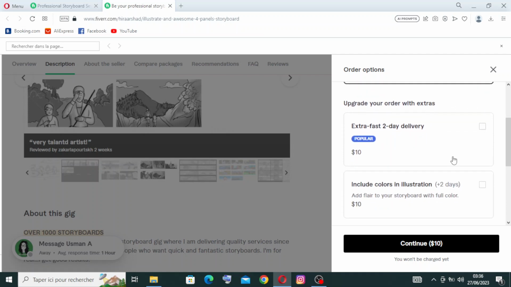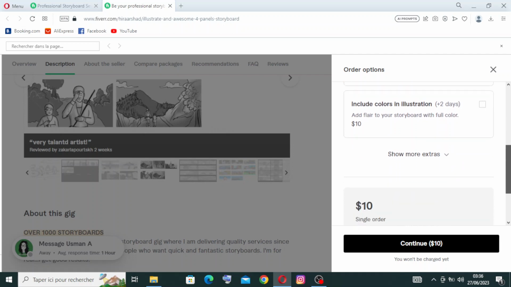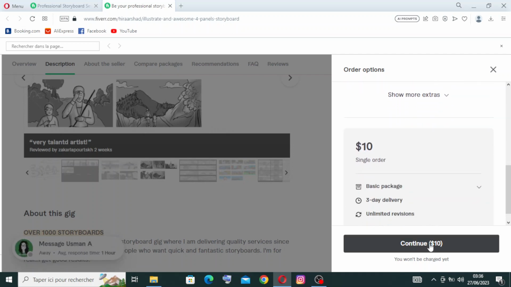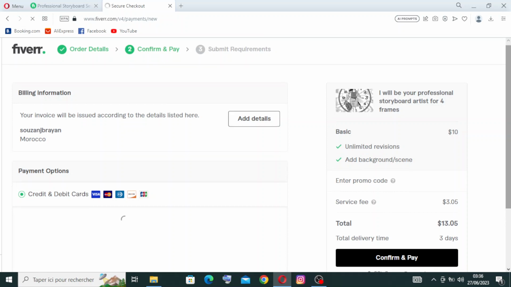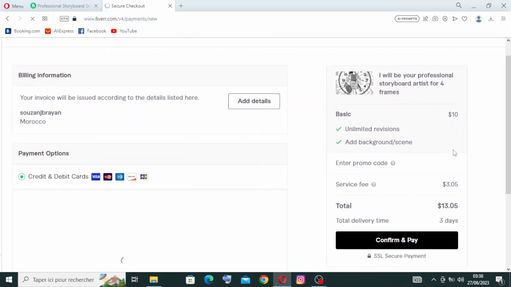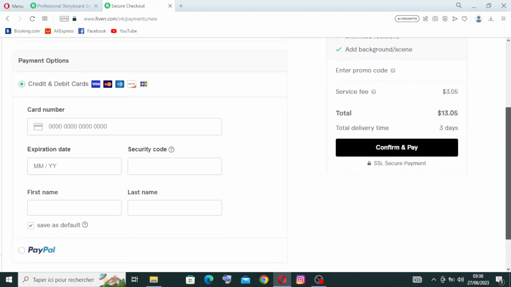And if you want to add a service from this to here, for example you want to add the extra fast 2 days delivery, you will add $10 to the total. And if you want to include colors in illustration plus 2 days, you will add $10. And you will find the total over here. You just need to click on continue. Now after you read if all this information is correct, that this is what you want, you will find the total over here that you will pay. And after that, you just need to